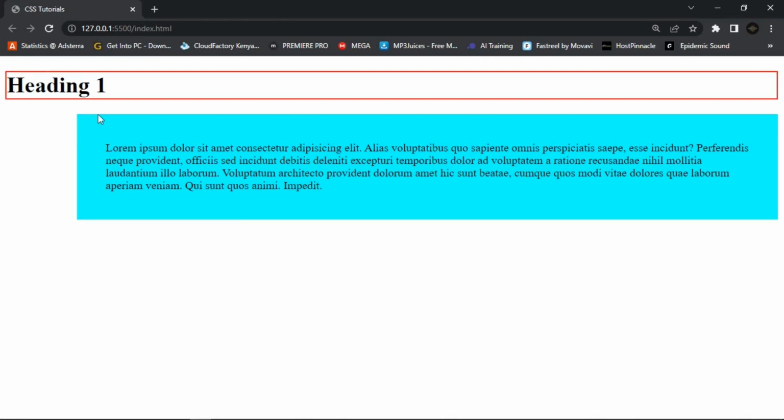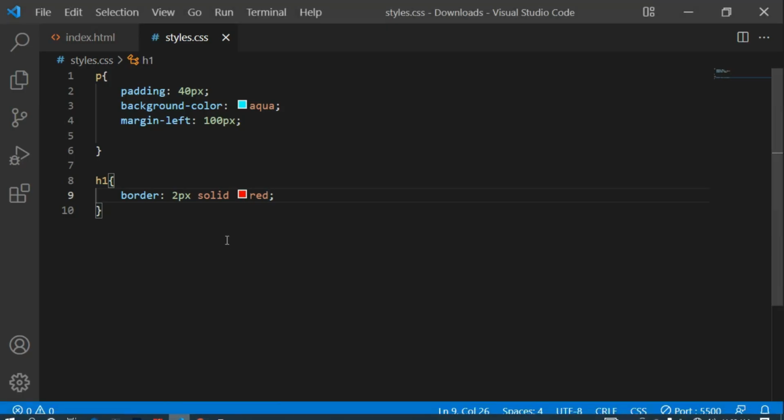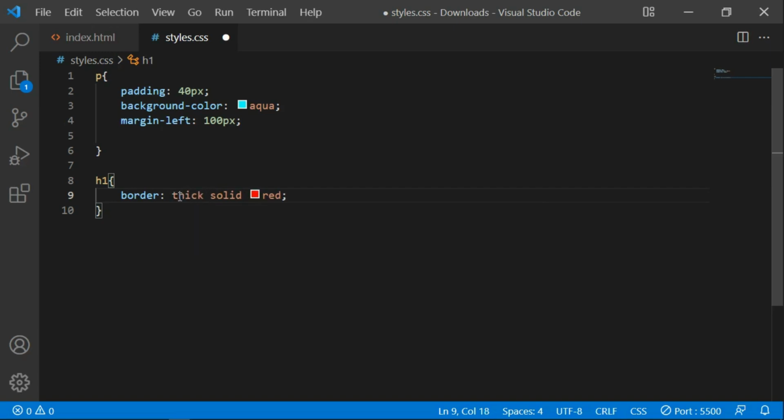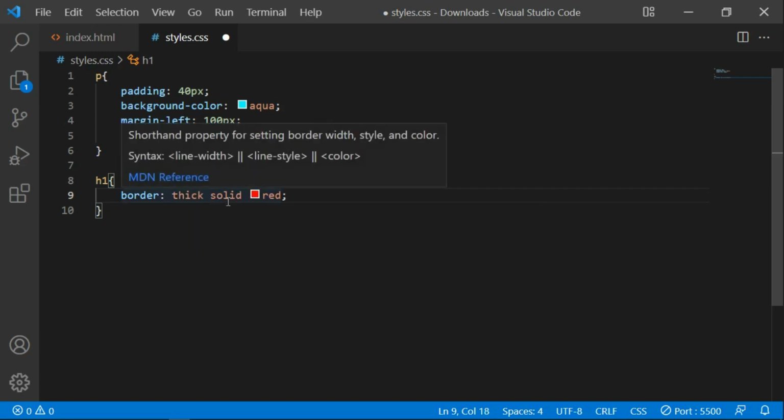And then I guess you can see that we have the border on this heading. Then you can change anything, like the thickness. Perhaps let's give it a thick of 5. You can write thick, or you can just give it 5. I can just write the word thick. Thick is like 5,